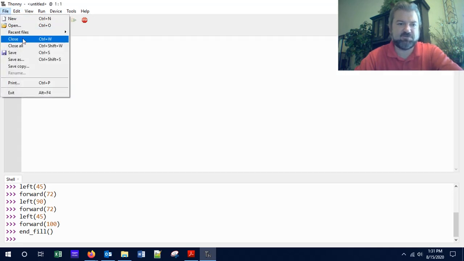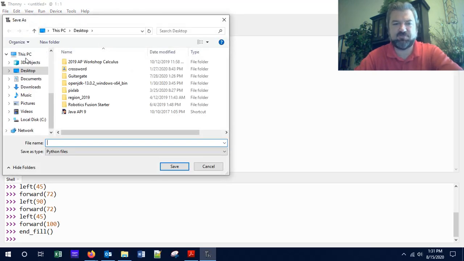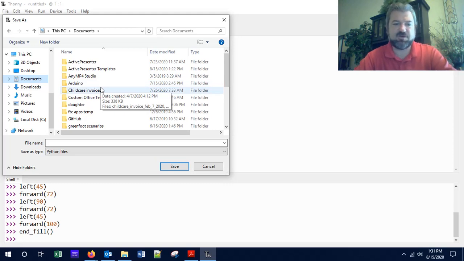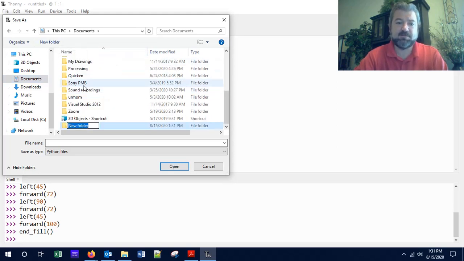And the first thing I want to do is save it. So I'm going to say Save As, and I want a directory where I can save it. I'm not sure where you're going to be saving stuff. That depends on you. You can do your documents. It could be like a Google Drive, so you can access it all different places would be a good idea. But wherever you do it, you need to make a folder, call it Computer Science 1,